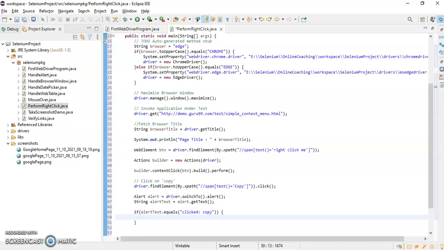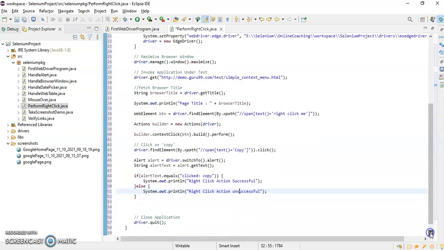Then I can write system.out.println right click action successful, else system.out.println right click action unsuccessful.